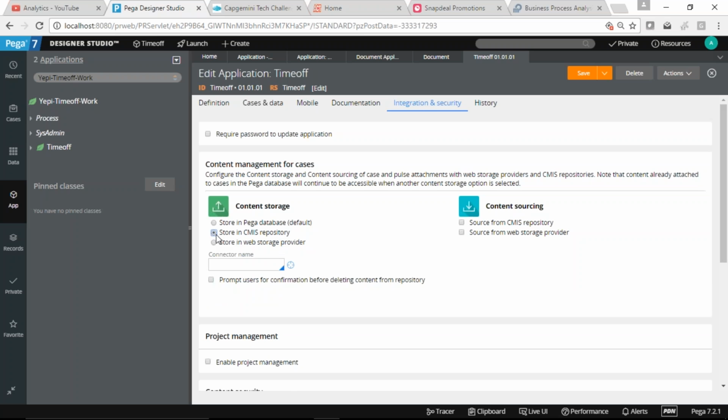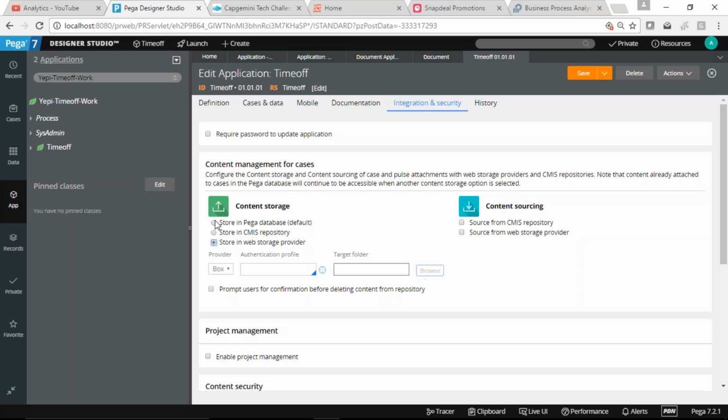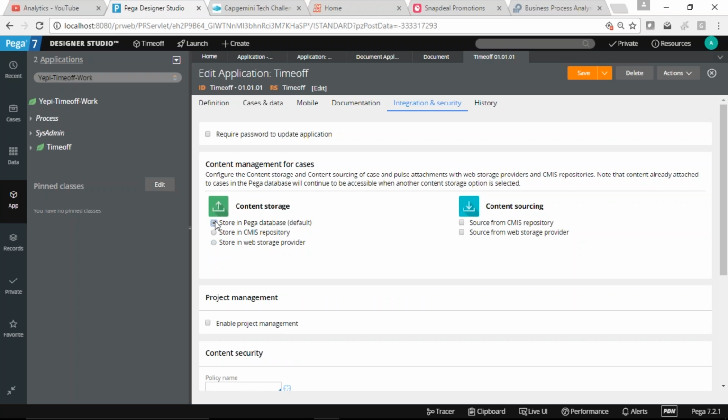Many organizations have FileNet or other tools like Documentum, and we can use those as the repository. All the content, the documents, and any attachments added in the applications will be stored separately.